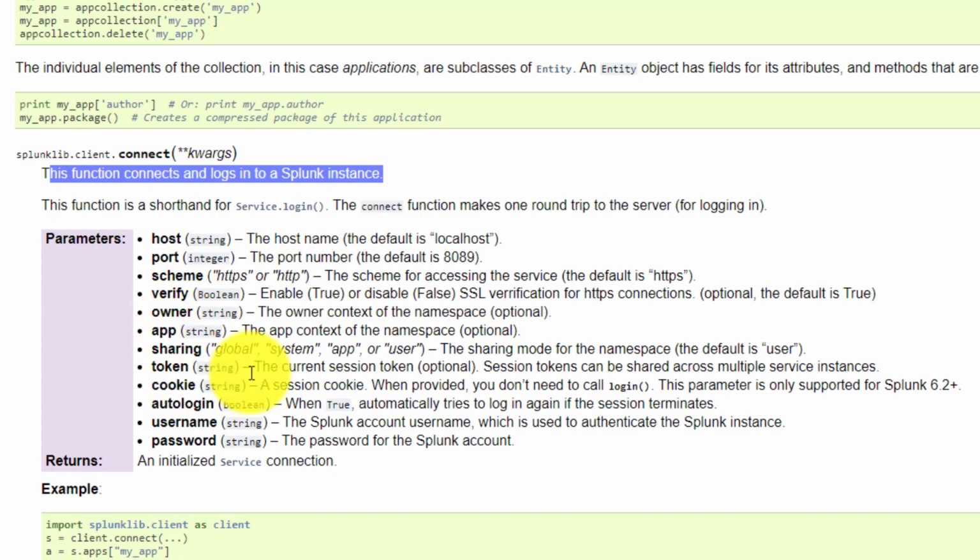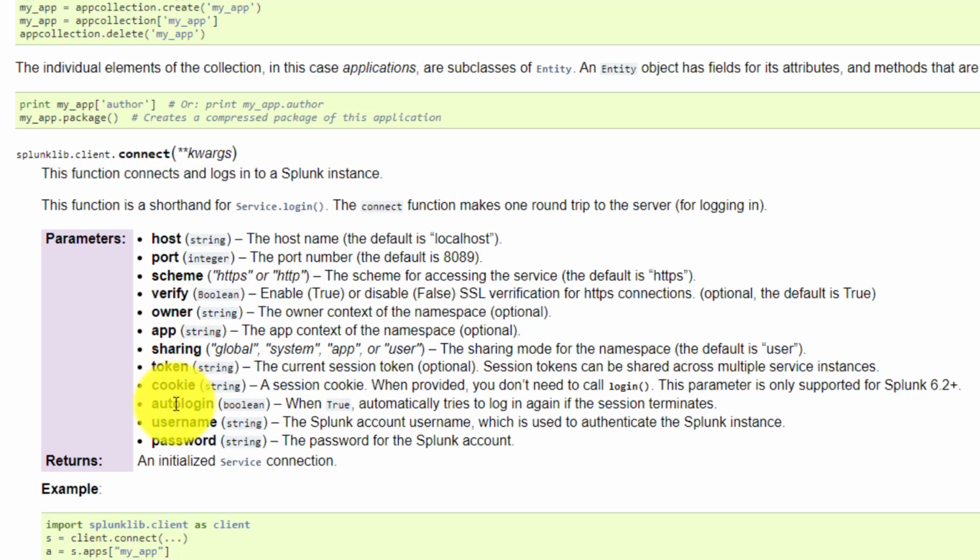Like if you create an object over here, what will be the sharing level, whether it be global, app level, or user level, those things. Then token, cookies, and username and password, right? Now among them, if you see, most of them have their default values. The only thing you need to provide is either token-based authentication or username and password-based authentication